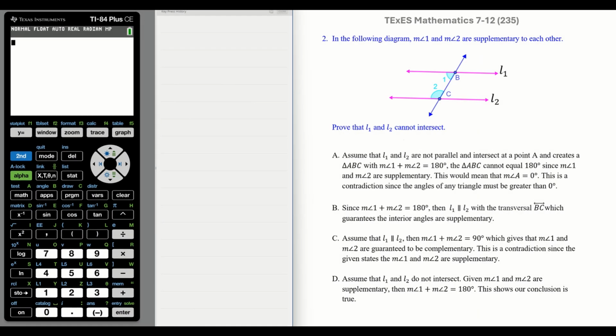Number 2. In the following diagram, the measure of angle 1 and the measure of angle 2 are supplementary to each other. Prove that line 1 and line 2 cannot intersect. Okay, we kind of need to know some basic definitions here, but I'll be honest with you, let's look at